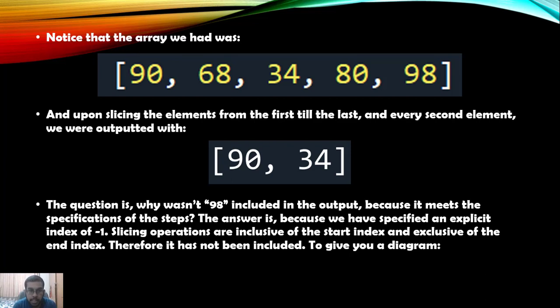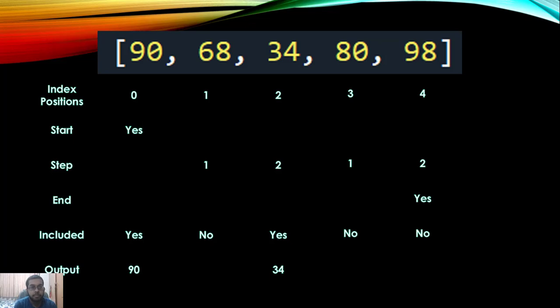The answer is because we have specified an explicit index of -1, and slicing operations are inclusive of the start index and exclusive of the end index. Therefore, it has not been included. To give you a diagram,